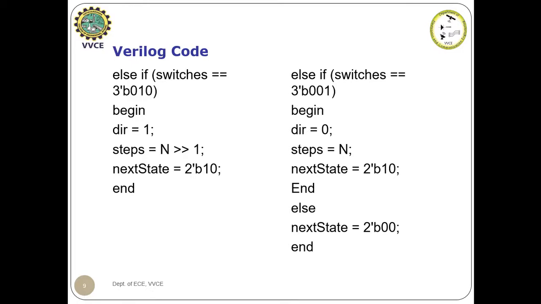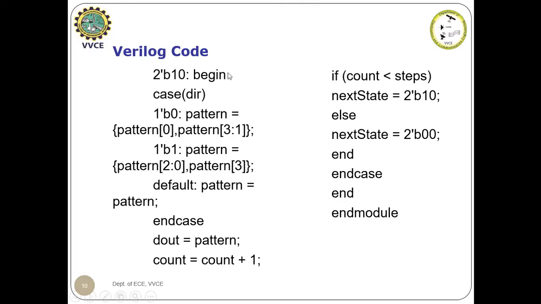You can observe that I wrote 3 cases here based on 3 switch patterns, as explained in the objective of the experiment. Now, in the 2-bit binary 10 case statement, I am processing the direction value. Initially, I had chosen the direction pattern value as 0111. I had to perform left shift and right shift of that bit position to energize each coil. If direction value is 0, I am doing a right shift operation. If direction value is 1, I am doing a left shift operation.